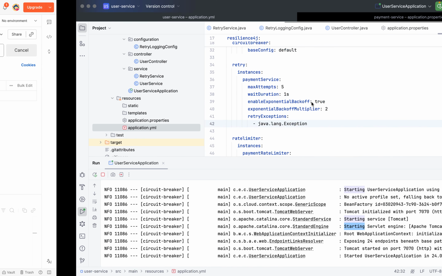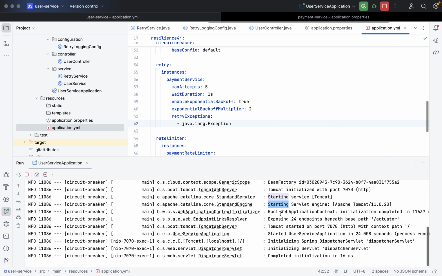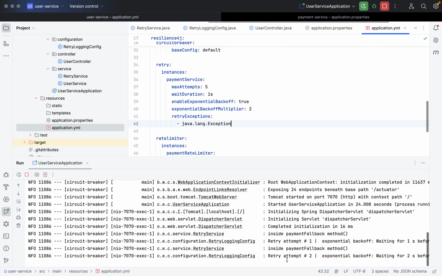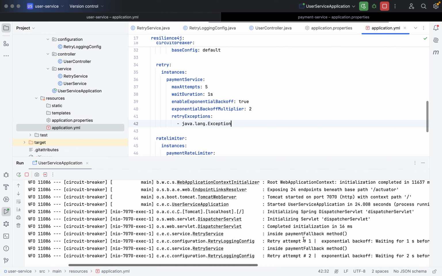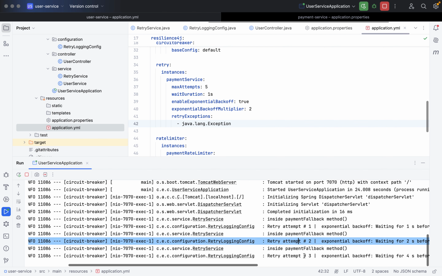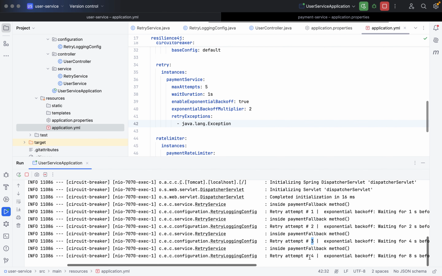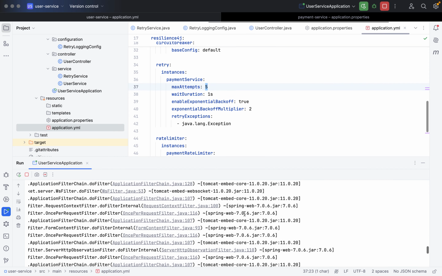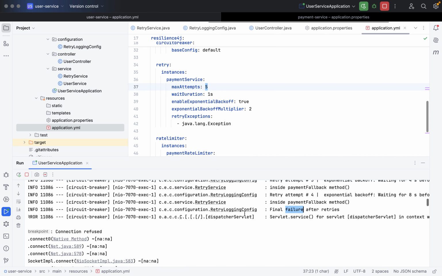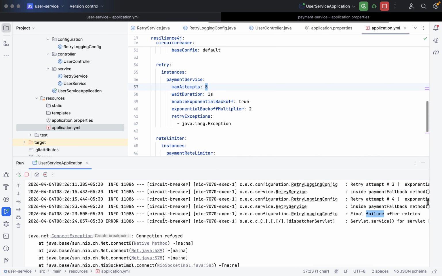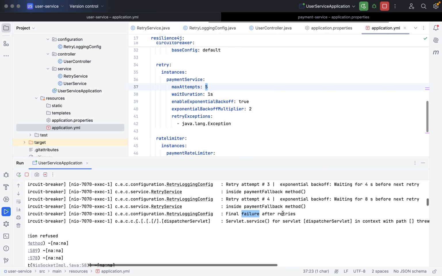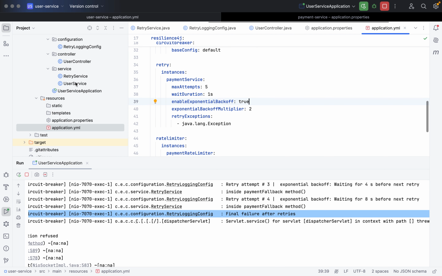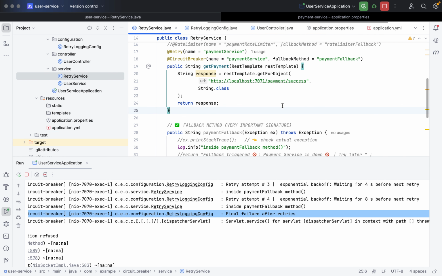Let's see if it is working successfully or not. Awesome, awesome. You can see retry attempt 1, retry attempt 2, retry attempt 3 and 4. Since we have 5 attempts, after 4 the fifth would show some logs because there is logging. Okay, now it failed and it throws the exception. You can see it threw the exception after final failure of retries.